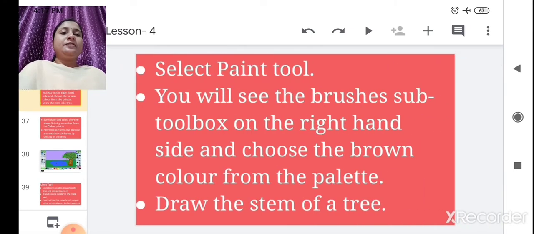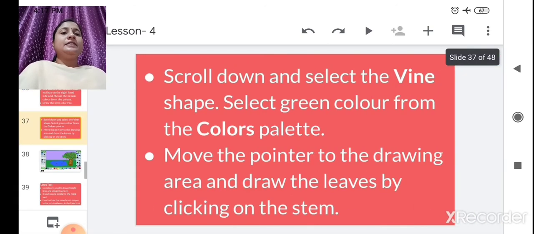Select the pen tool. You will see the brush sub tools on the right hand side, and choose the brown color from the palette. So after clicking on the pen tool, you have to select the brush from the sub tool box. Okay, and you have to choose the brown color, so that you can draw the stem of the tree. Once you draw the stem of a tree in brown color, then you have to scroll down and select a vine shape.